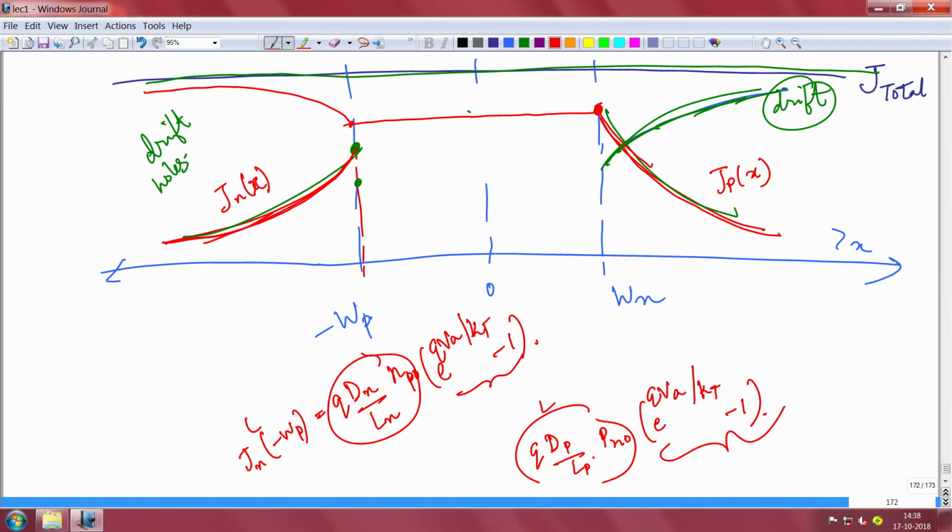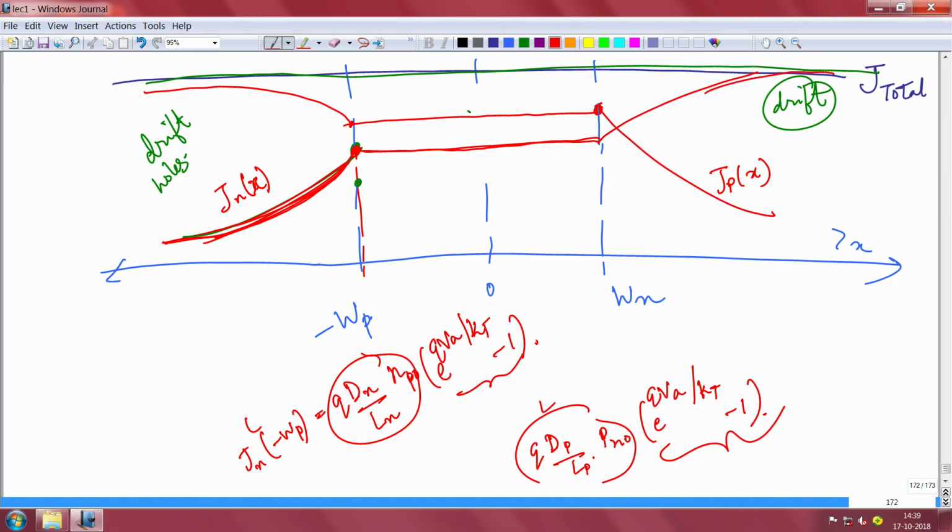Similarly, the electron diffusion current that is happening here, this value will not change in the depletion region because in depletion region there is no recombination, that is the idea. So, it will stay flat. Why is it staying flat? It is staying flat because in depletion region there is no recombination. So, it is staying flat, okay. And so, this current will actually increase from here, okay. So, the addition of this current and this current will basically give you the total as a fixed current.